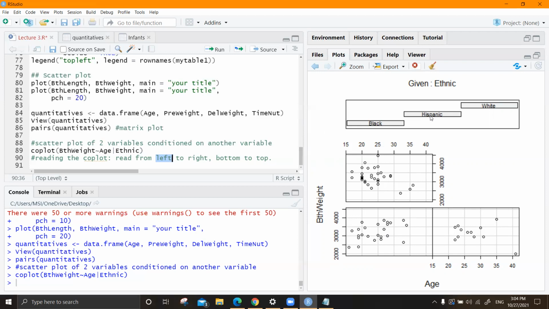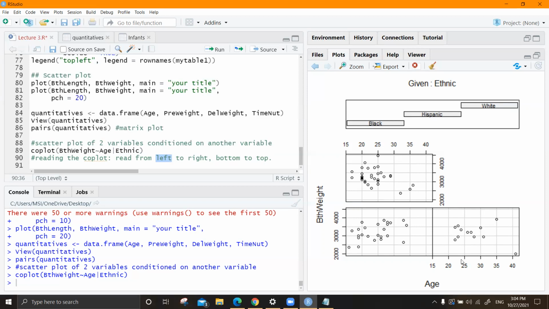Then the next one is Hispanic. So out of these two, first left to right. Which is the left plot out of this one and this one? This one, right? And which is the bottom part? This one. So we always have to go left to right, bottom to top.